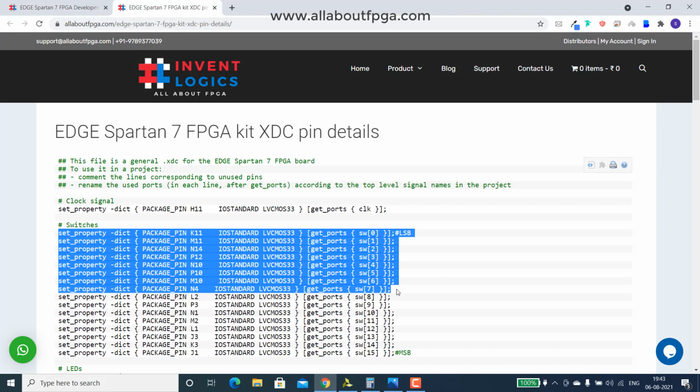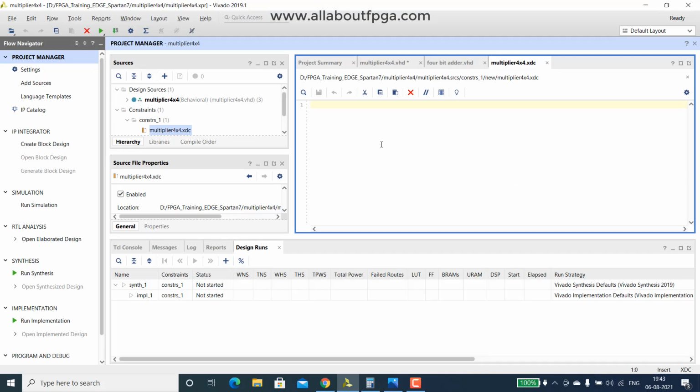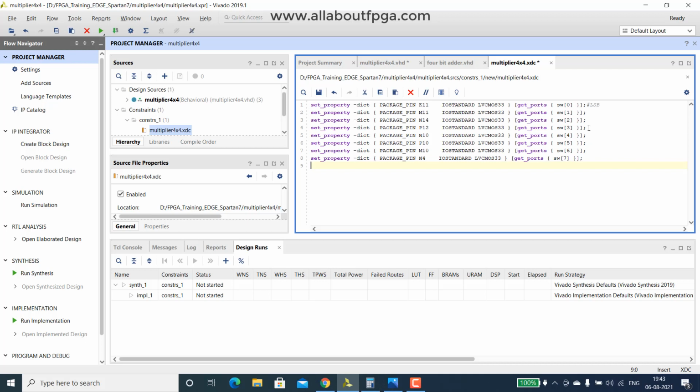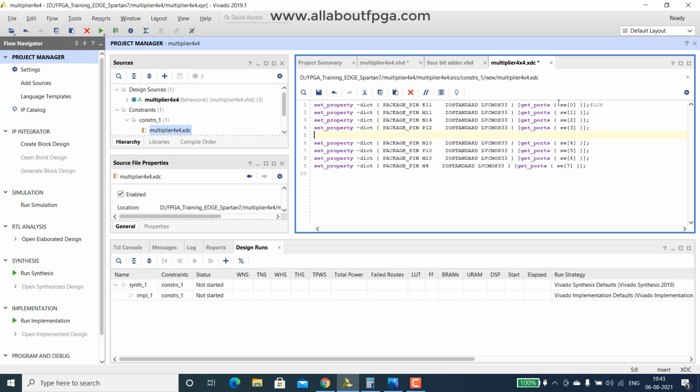I copy for 4x4 inputs, we can provide it through slide switch again. So copy that switch inputs, paste it here. We can assign the first 4 switches for X input.